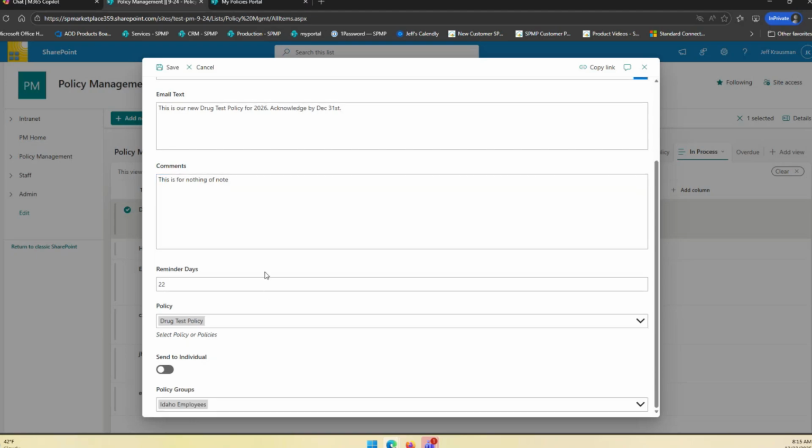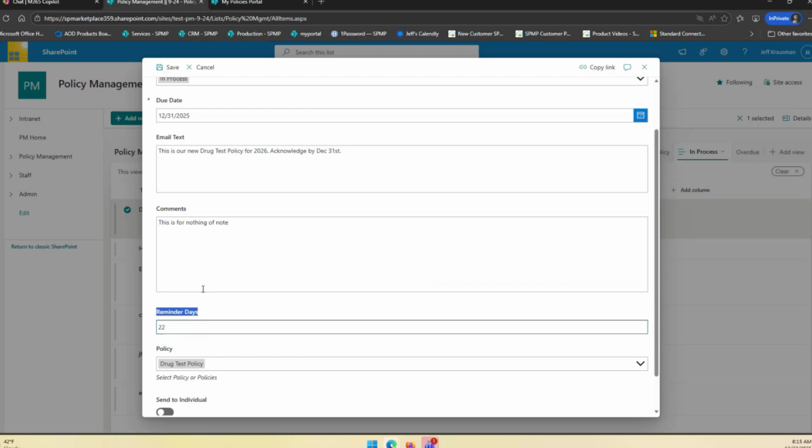The last several fields are critical to the acknowledgement. The first one is the reminder days. In this case, they want to be notified 22 days. They want to notify the end user if they haven't received an acknowledgement back from an end user. You can change this. Most people would put in this field probably like 4 days before the due date, maybe 5 days before